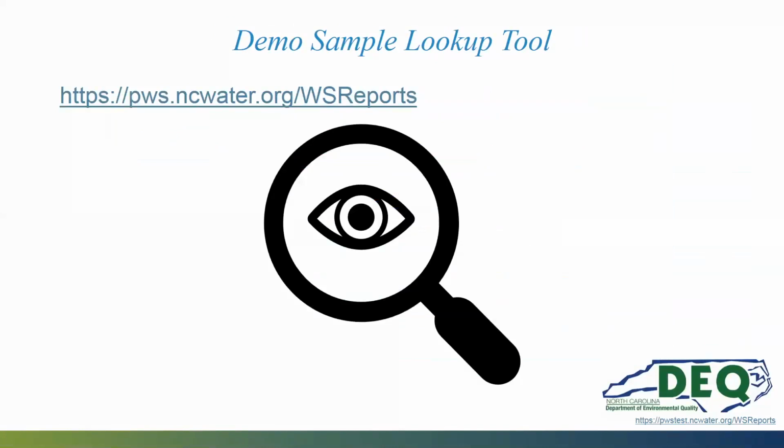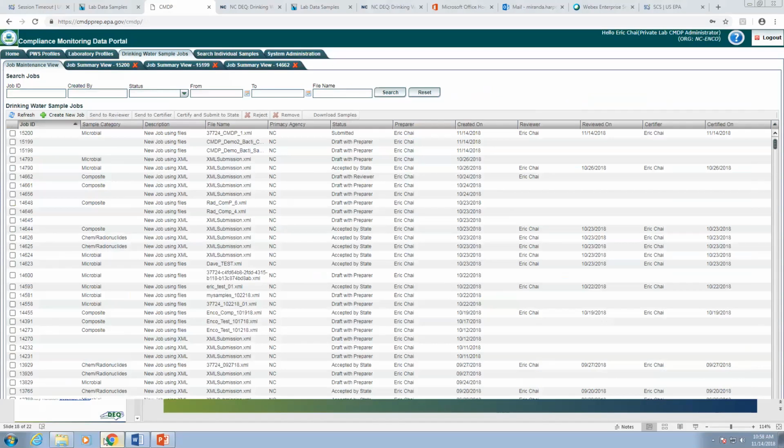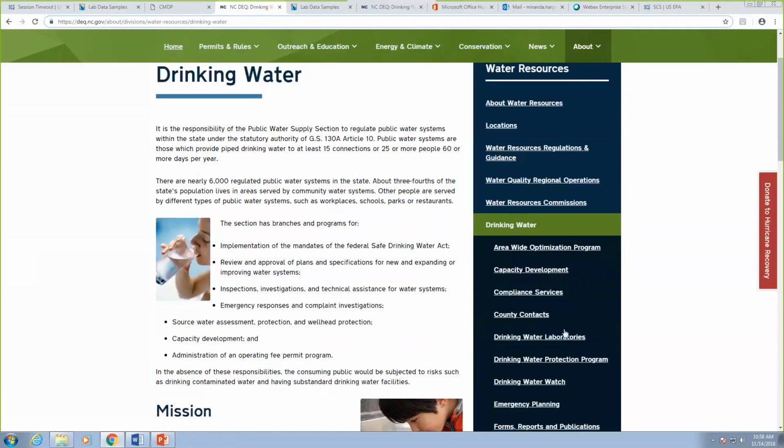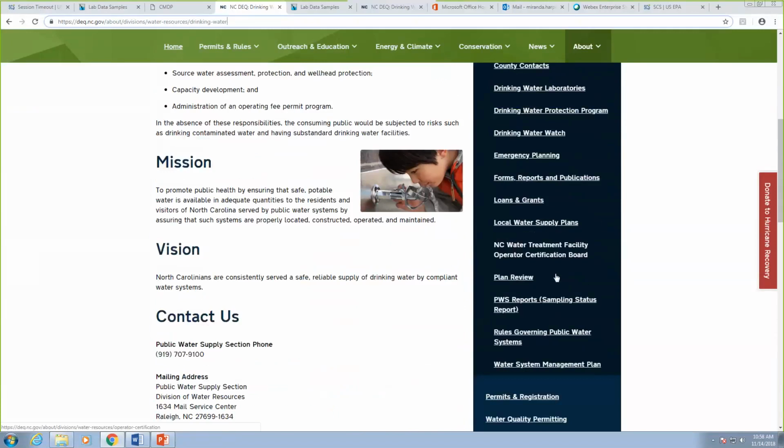So this has been an update to the sample status report, and this is the link to get to that reports tool. But I'm going to go ahead and show you how to get to it from our website. This is the main page of our drinking water website. You can get there at deq.nc.gov, about divisions, water resources, drinking water. And if you look at this blue sidebar, you can scroll down and you'll see this PWS report, sampling status report. I'm going to open this up in a new tab